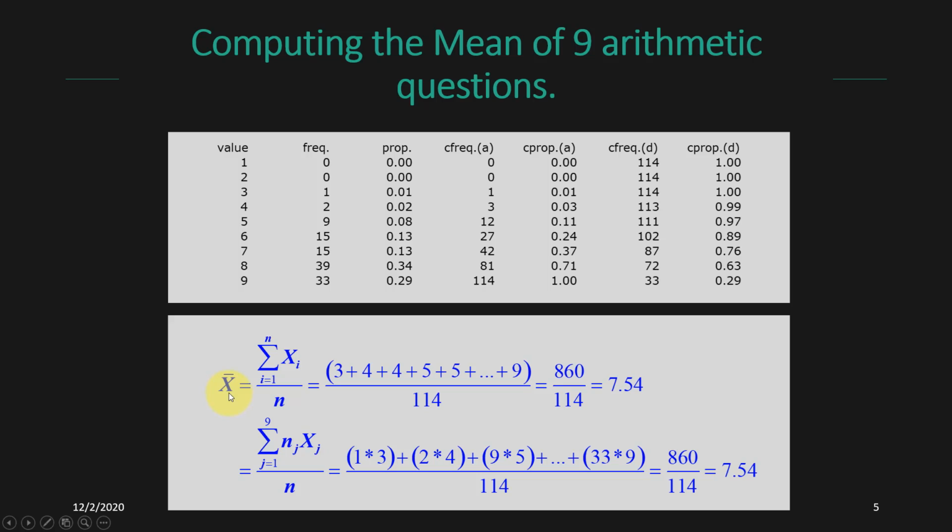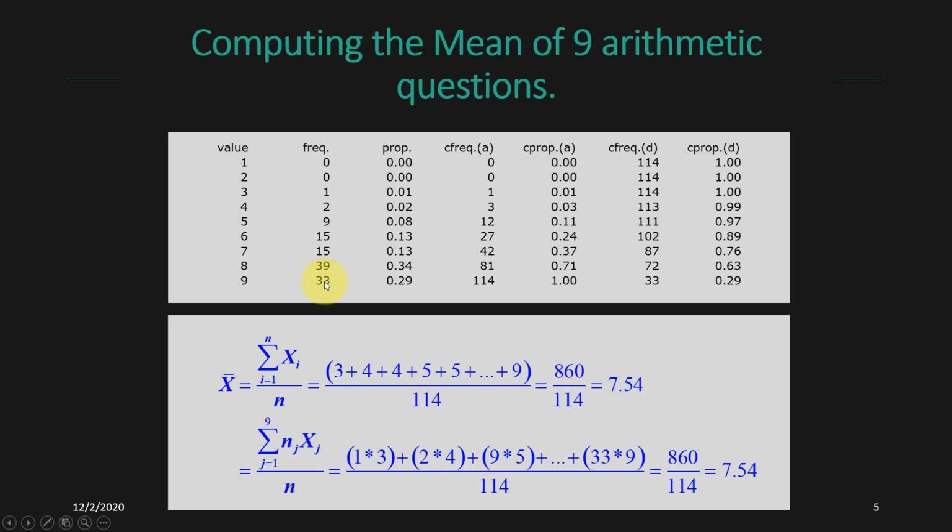The first is the traditional way you're probably used to thinking about calculating the mean. So the mean of x can be done by taking the sum of all the x's divided by the number of x's that there are. So I could lay this out with 114 scores and say, okay, there's a 3, then a 4, then a 4, then there's 9 5s, then there's 15 6s, then there's 15 7s, and so on and so forth. Eventually, I would get to 860 over 114,